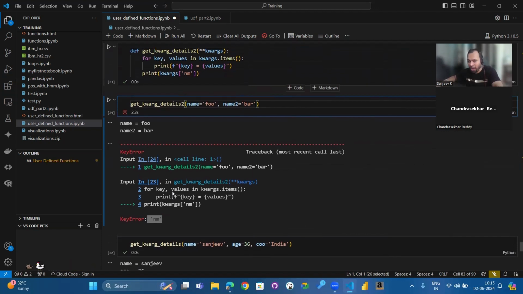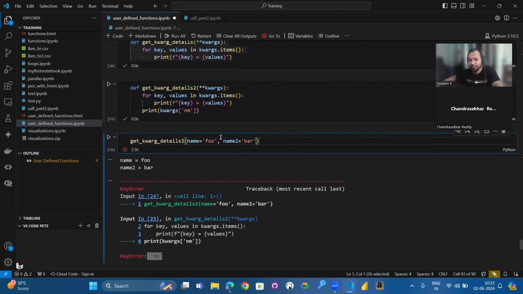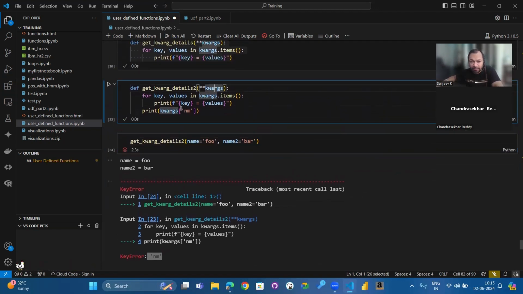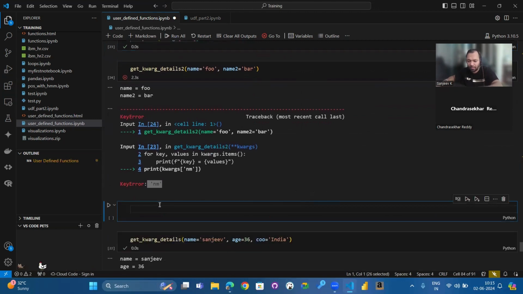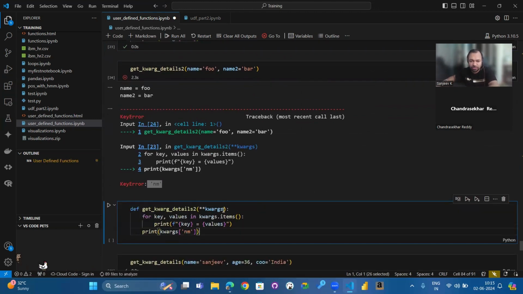So if you have such requirements of using dynamic variables, and there is a key that you're expecting and the key is not sent, you can mark like this. I'll just copy one more time. I just want to show you the difference. We have kwargs, and then I have nm equal to default empty string.